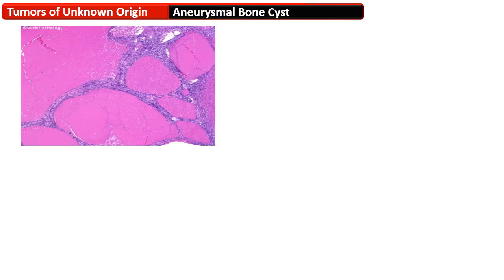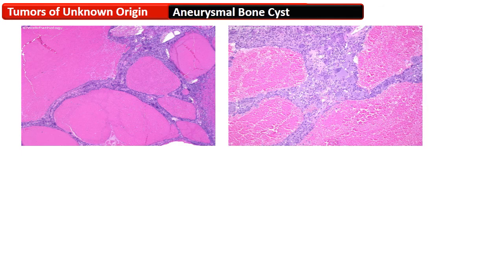The aneurysmal bone cyst is characterized by the presence of large cystic spaces separated by septi, which contain giant cells and spindle cells, as is evident in this photomicrograph of the aneurysmal bone cyst. These spaces are filled with blood and lack an endothelial lining. Thin strands of bone may be present in the septi of these aneurysmal bone cysts, and there are clusters of giant cells in a background of spindle cell proliferation.